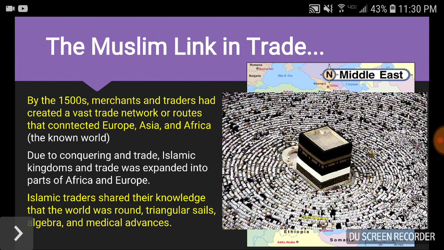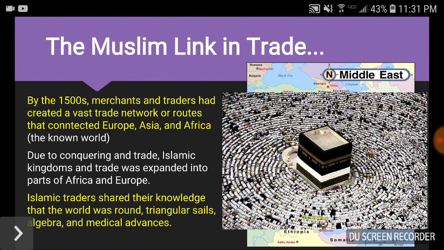It seems really rough that this Islamic group of people would just come in and take over and then allow traders to come in. But what benefits these newly taken over lands from these Islamic rulers is that these Islamic rulers and these traders and merchants that are going into this land aren't just taking over and saying, do what you want, or we'll kill you all off, go die. What they're saying is, we're taking over, we're going to enforce our new rule, and we're going to enforce our culture. And so what they're doing when they trade in different areas or take over land is they're not only trading their goods, but they're trading their